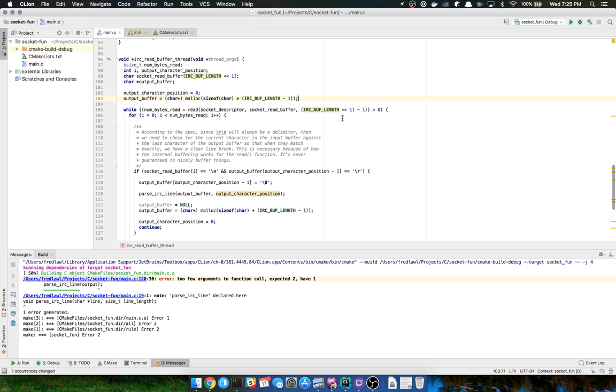So I'm not going to check for over allocating memory, and the reason is because suppose I do check for it. Okay, so suppose I do check to make sure that the memory exists and it's there. Well, if the error happens, well, what am I going to do with it? I mean, for one, I should terminate this thread.